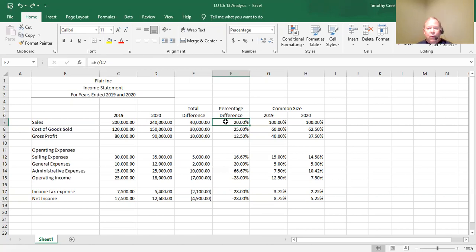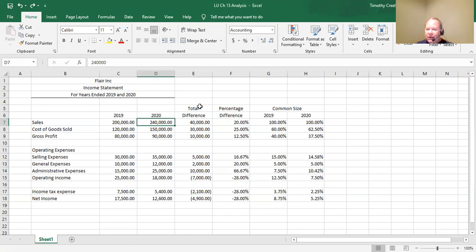They would be comparing one date with another. How did things change? And basically, how I did the percentage difference was I took the total difference and divided it by the initial year. So what you see here is that sales increased by 20%, $40,000 or 20% from 2019 to 2020. And so this is horizontal analysis,